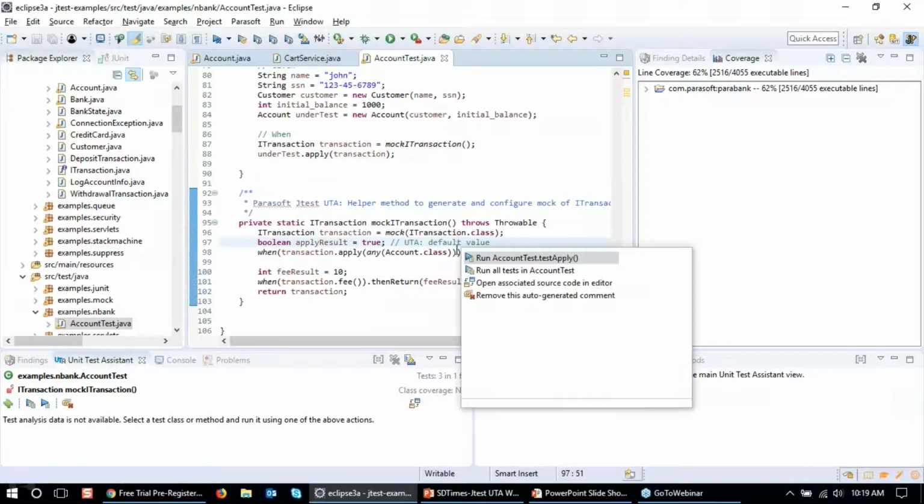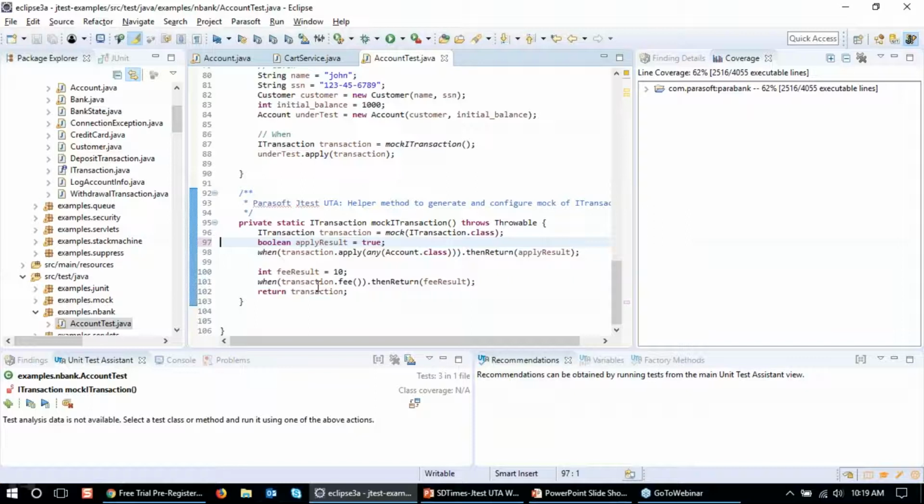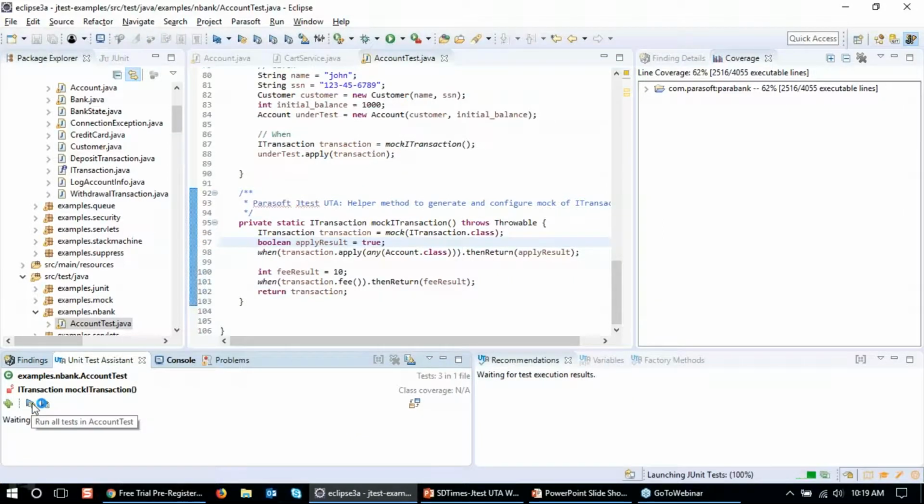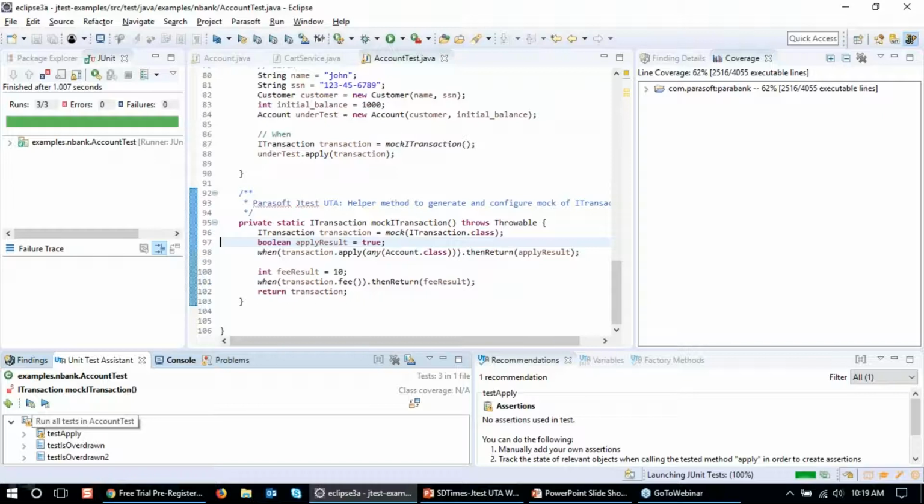So now I have my test case complete. I'm going to go ahead and run this test. As I run this test, again, these are normal JUnit test cases. You can create these tests and put them into any other JUnit runner and they will execute. You can take them and put them into your CI process and they'll execute. They do not have any dependencies on Parasoft libraries. So we'll see that this test runs, and I think it looks good, but I noticed that to be valuable,